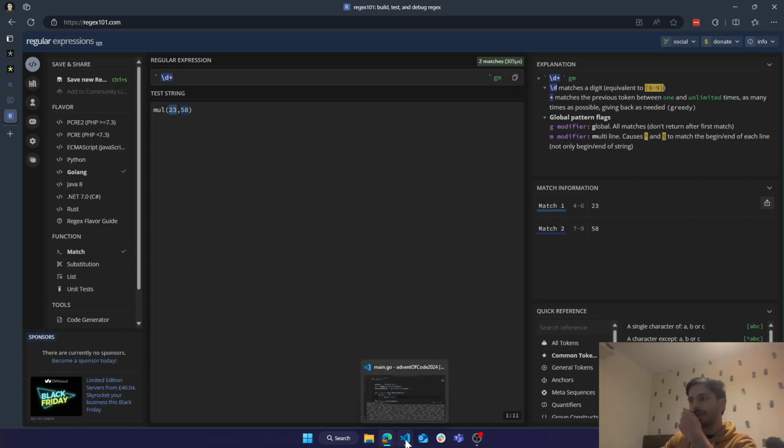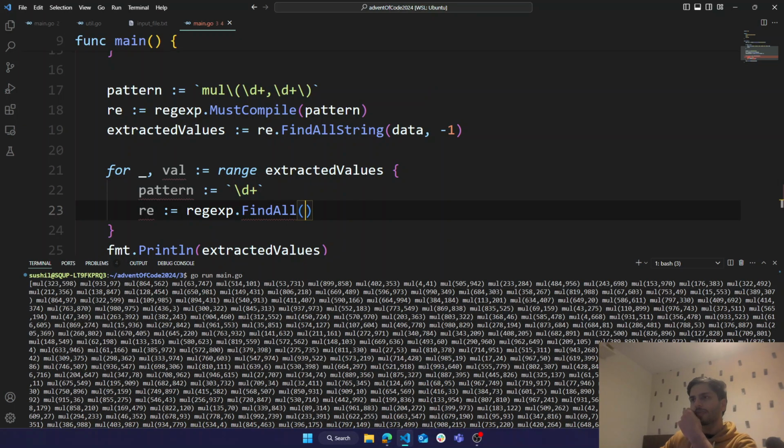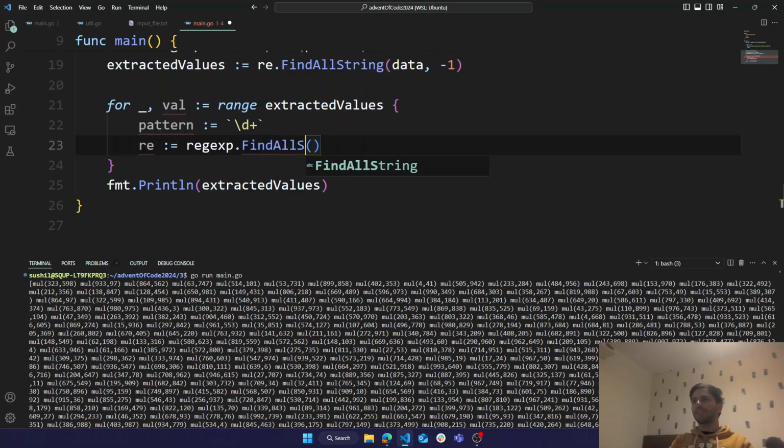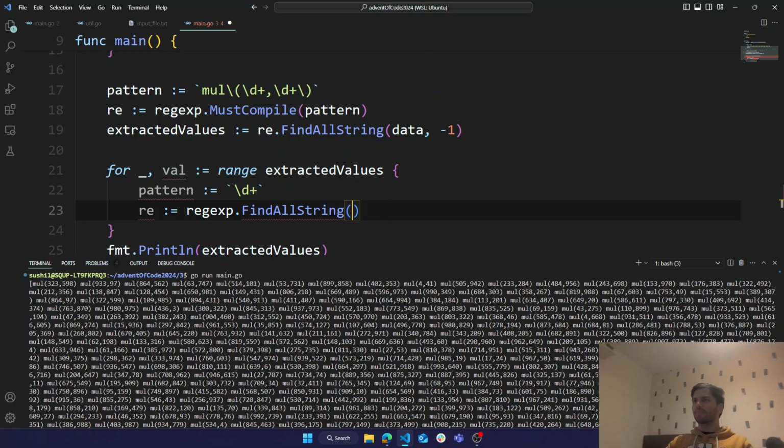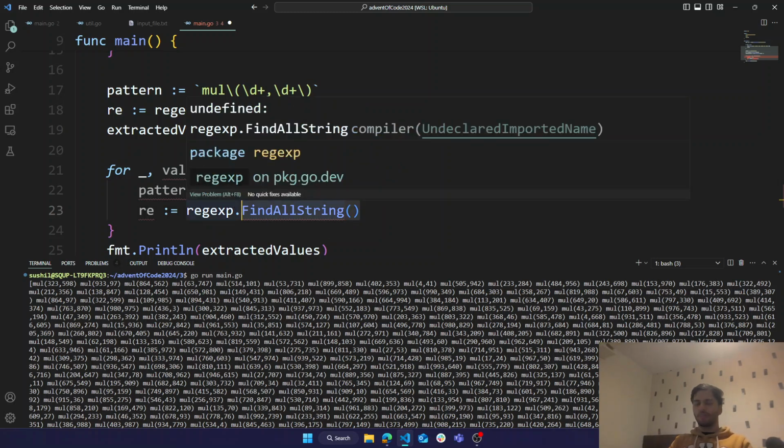Something like that. So all I need is just the date. Let's actually get the string. No, yes. We need to must compile that. That's what I'm missing.